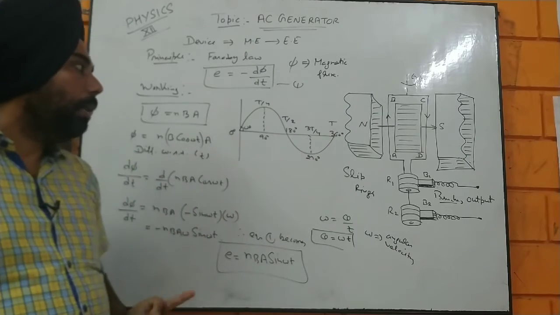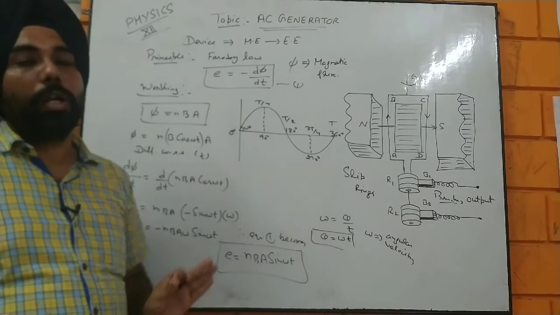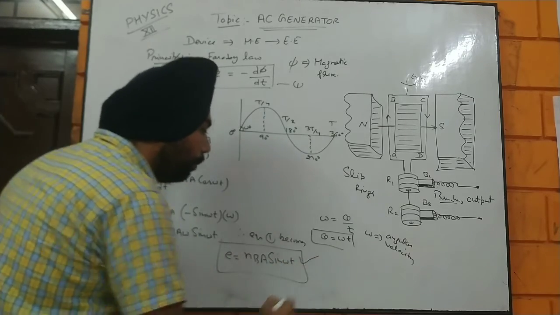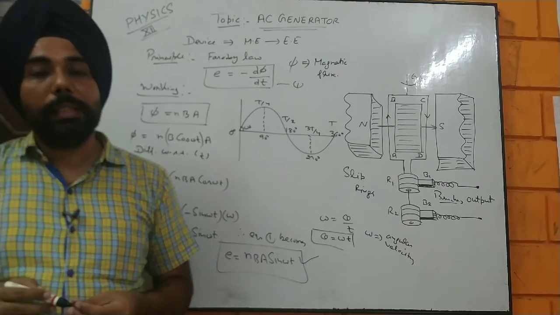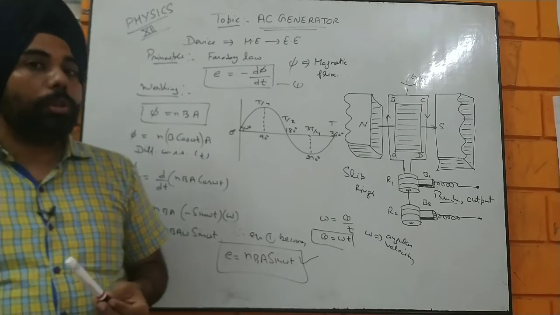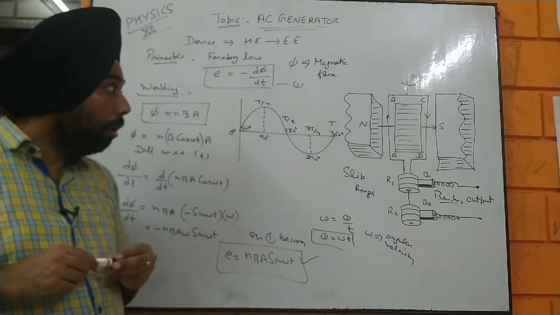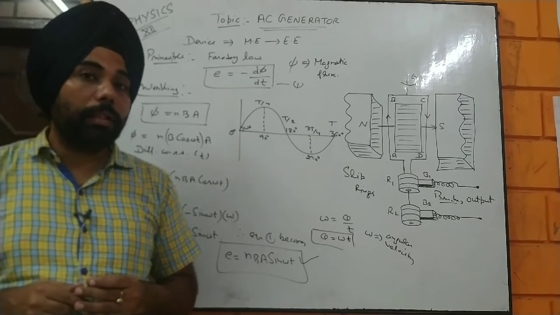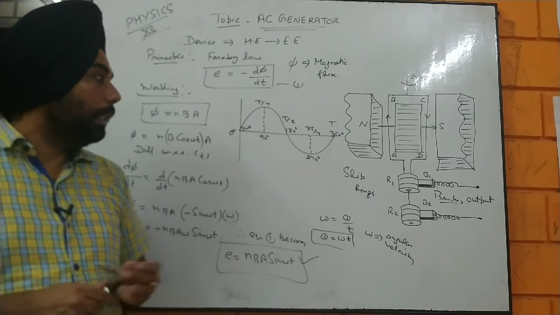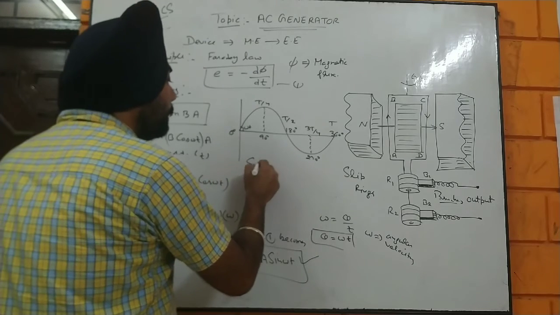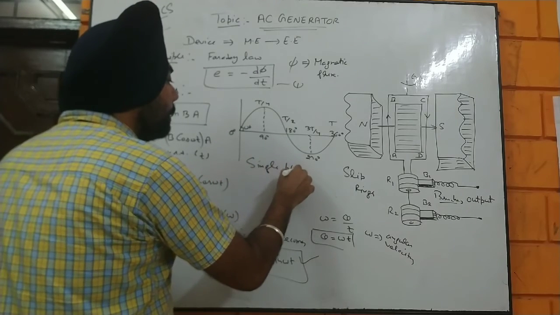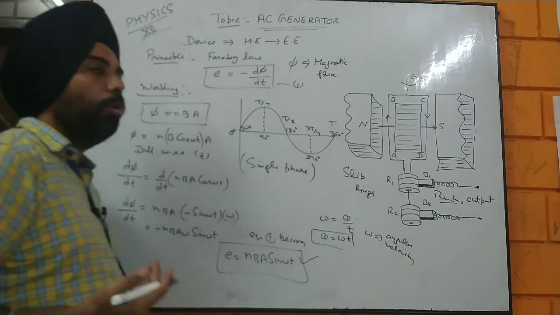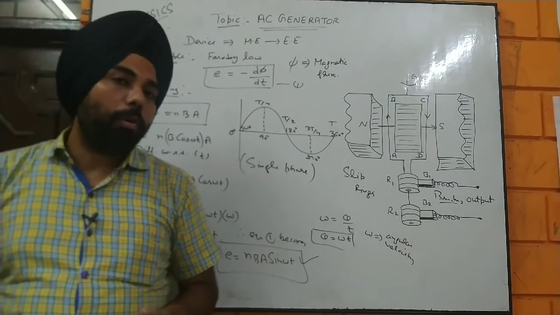Now that can be the simplest graph of a sine wave as well, and which is justified by that formula. That is how we can say that an AC generator produces a sinusoidal wave. Obviously, it is also known as a single phase alternator or simply a generator. That is a single phase thing. Single phase alternator, or you can take it as the simplest form of generator.